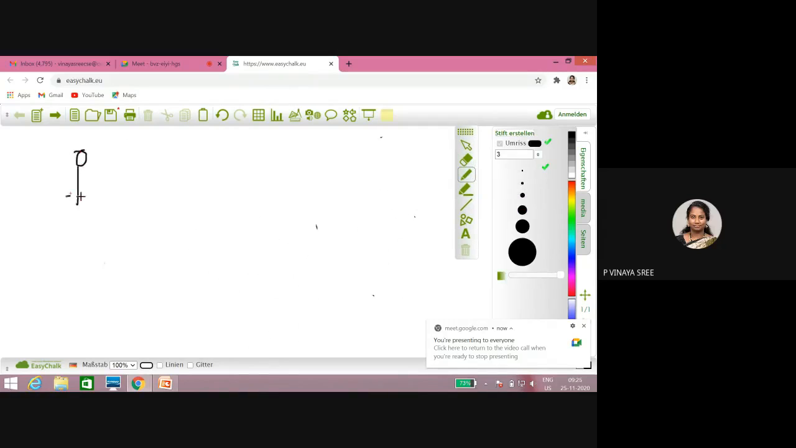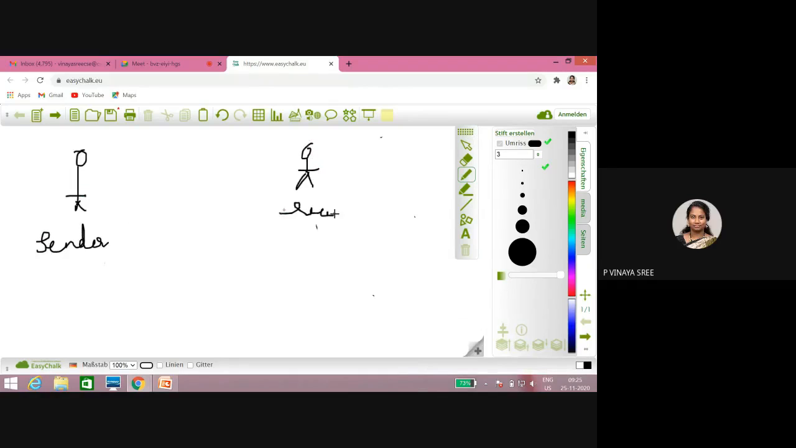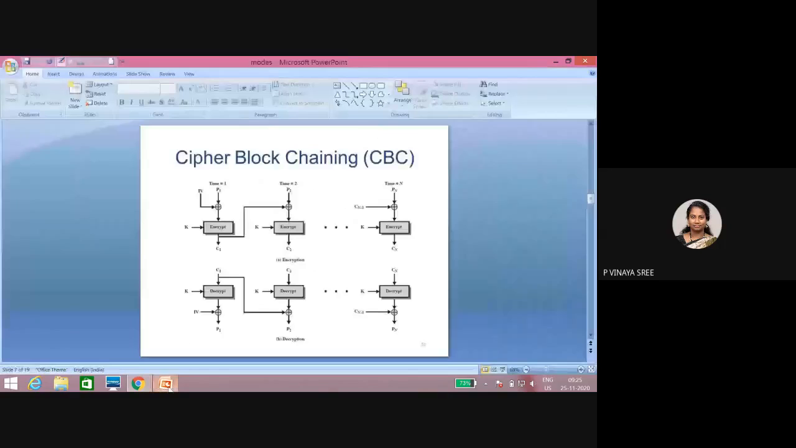The sender has converted plain text to ciphertext. Now it is received by the receiver. Now this is ciphertext, and this has to be decrypted. So it will take the ciphertext as the input. It is taking the ciphertext C1 as the input, decrypting with the same key that the sender has used, and